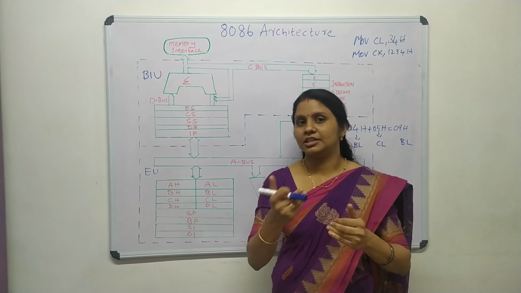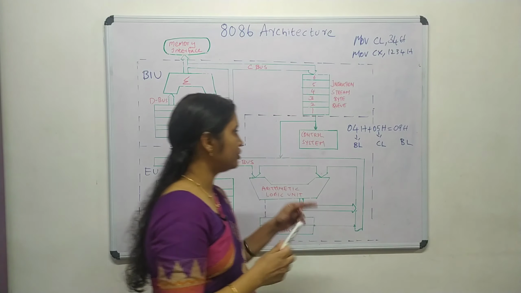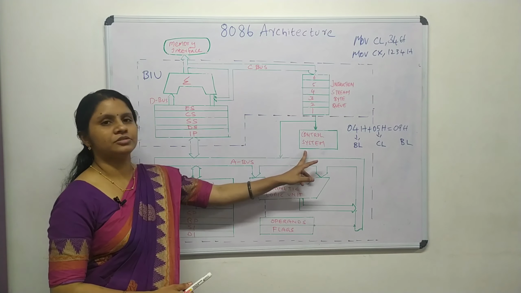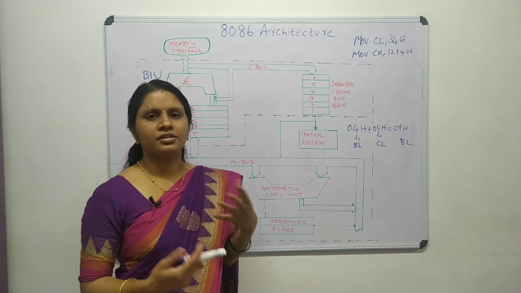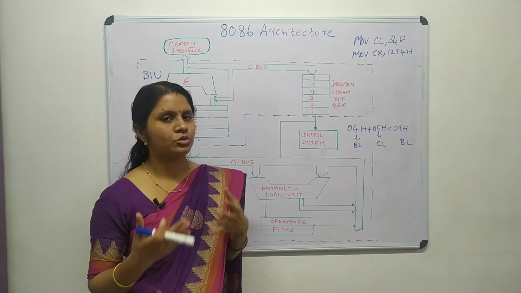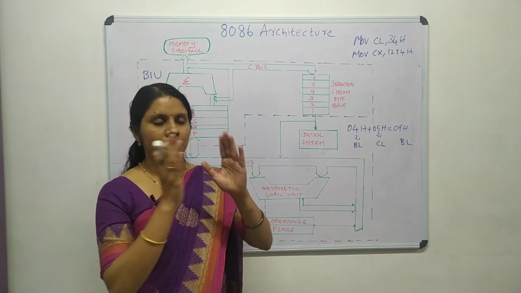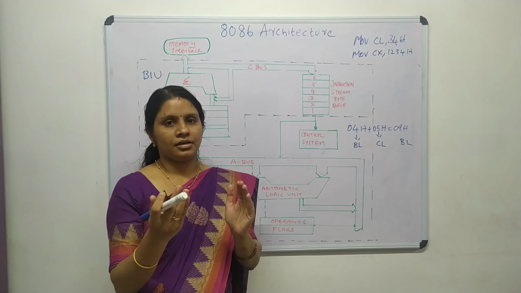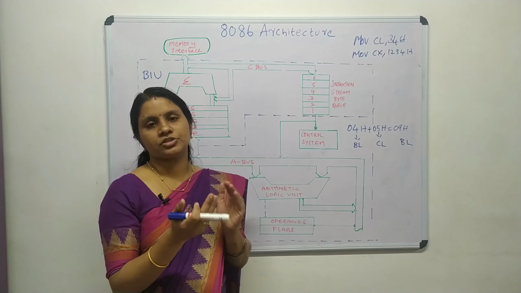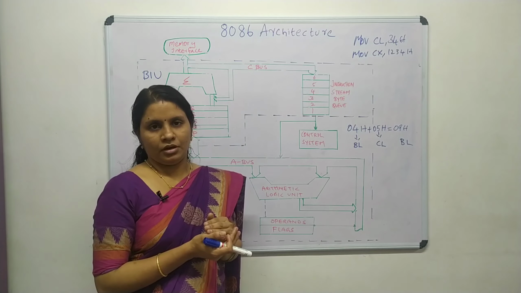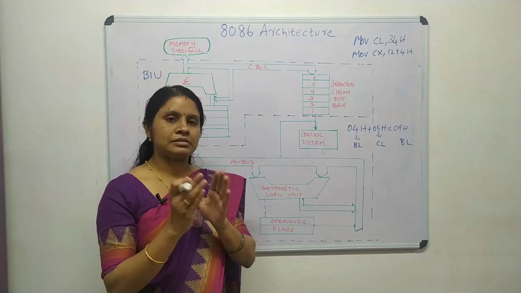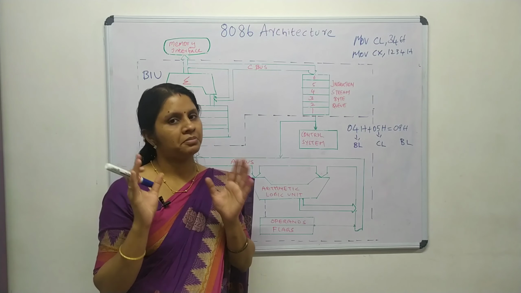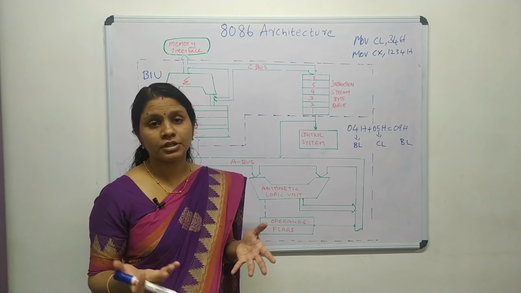Next step is what? Decoding. So this control section will perform decoding. What is decoding? Are we just converting it to zeros and ones? No, because the instruction is taken from the memory, right? Instruction is fetched from the memory. In the memory, the instruction will be in the form of binary format. So no need for conversion.